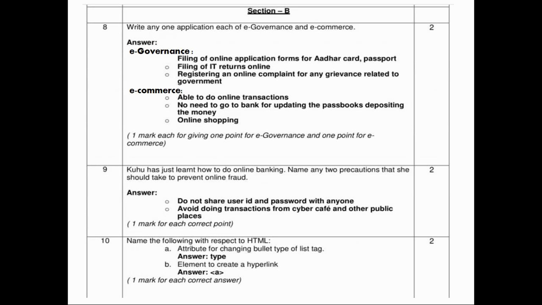Now here comes section B. In section B, question number 8 is given. The question says: write any one application each of e-governance and e-commerce. It is of 2 marks. So the answer will be: